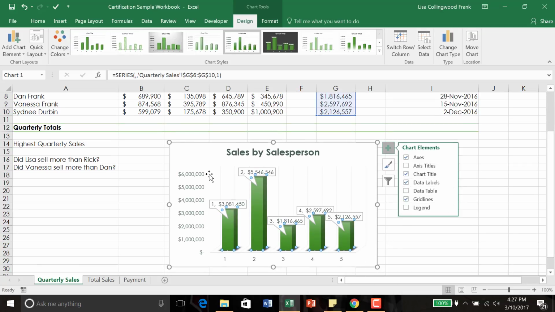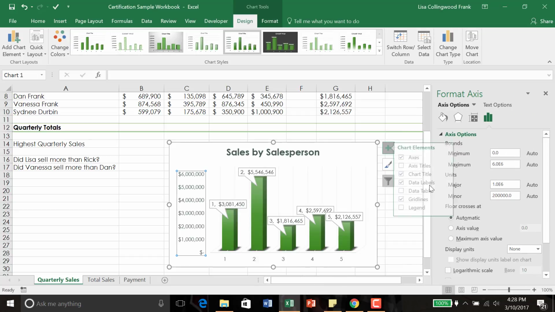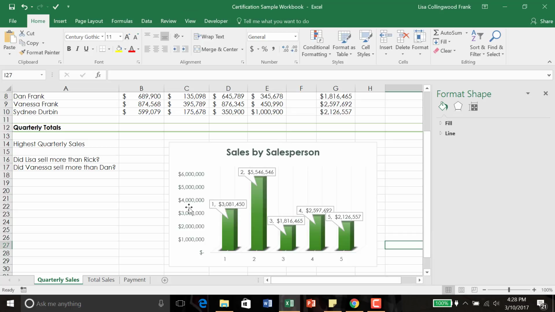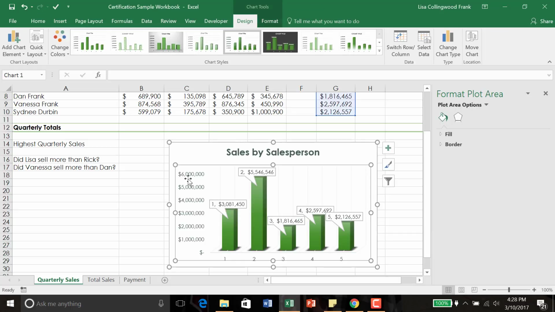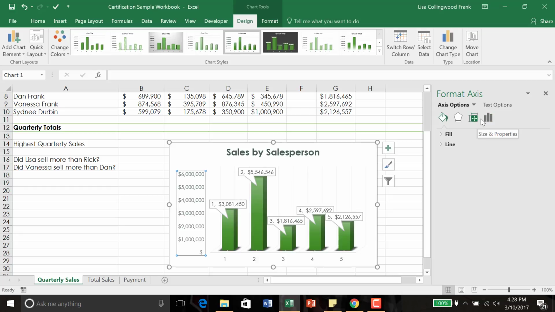The other thing that you can do, if you select any part of your chart and double click, you will open up a chart pane over here that will be specific for the part of the chart you have selected. So here I have selected the axis. You can see that currently it starts at 0 and it goes to 6 million. I could go into